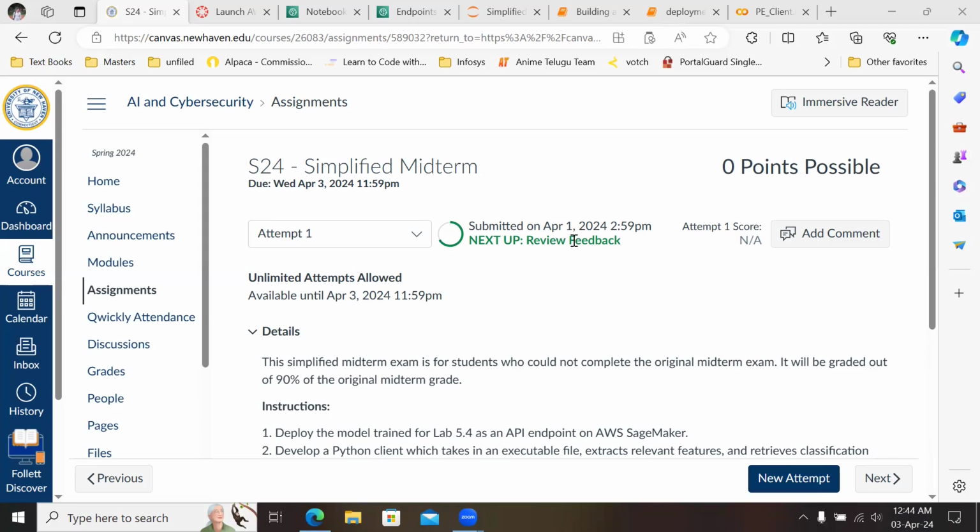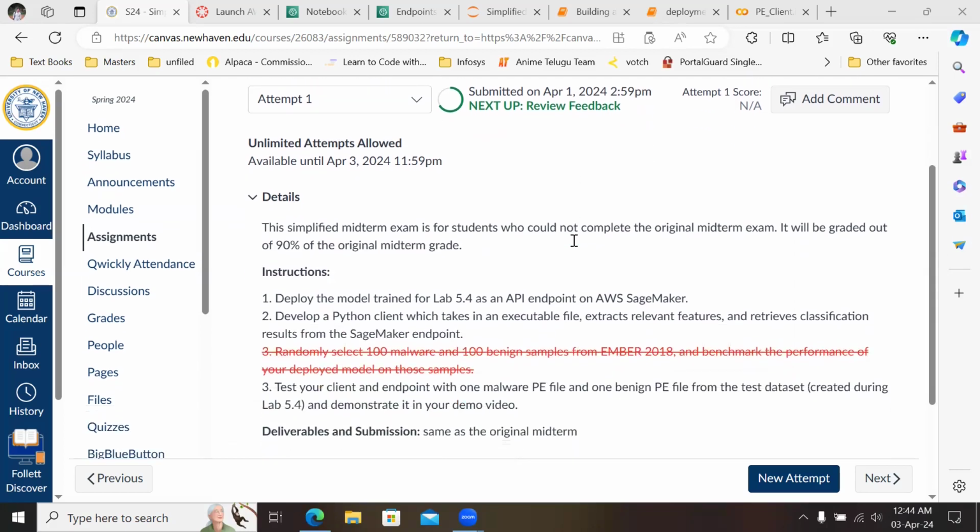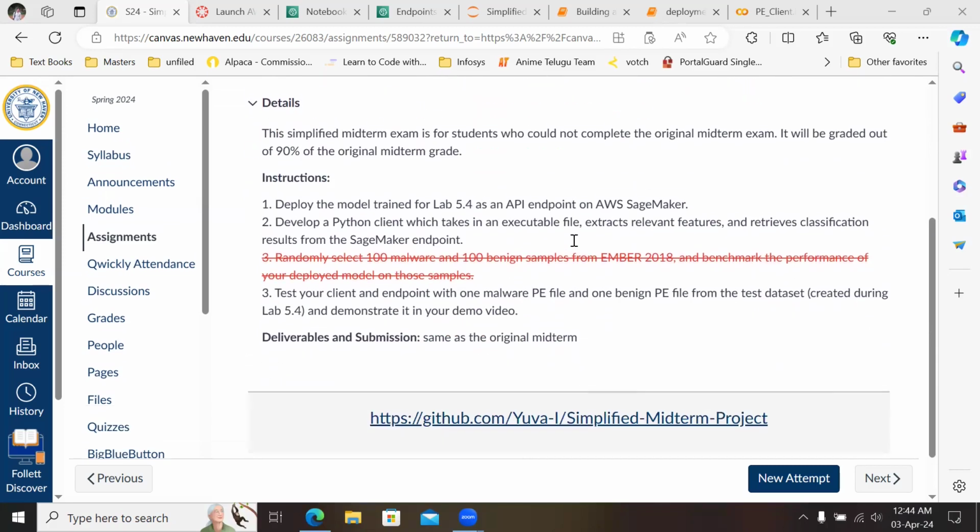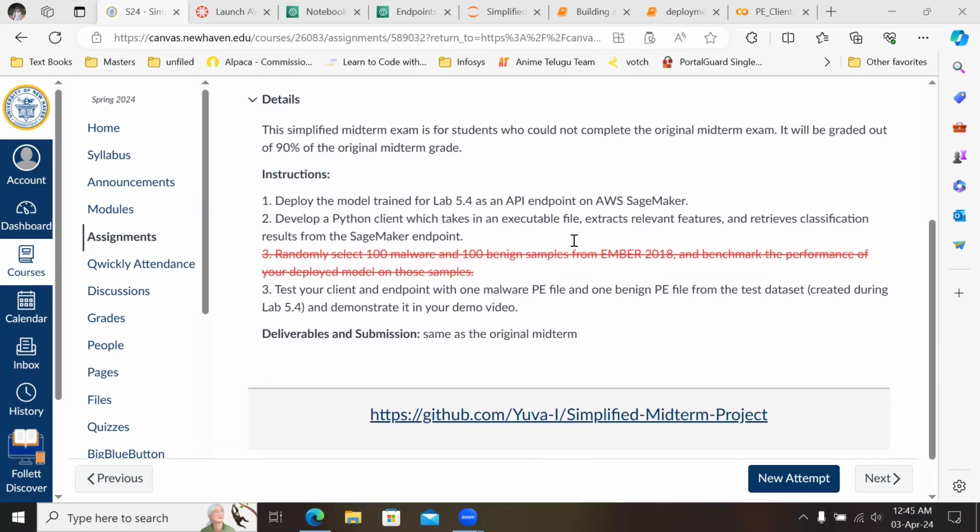In this video, I'm going to present my simplified midterm project implementation. We are given three tasks in this project, where the first one is we need to deploy the model generated in Lab 5.4 into AWS SageMaker as an API endpoint. And the second task is to develop a